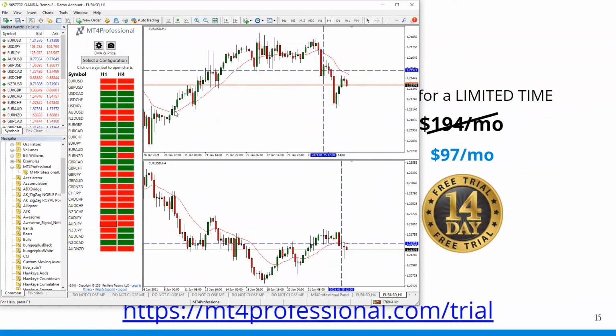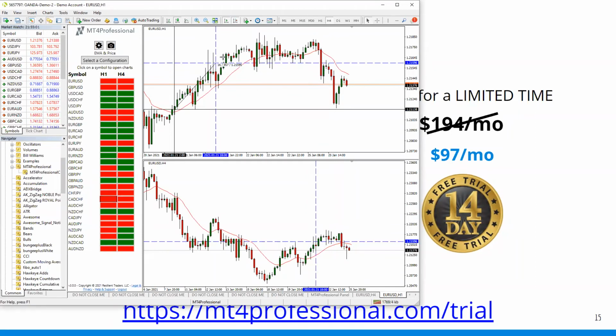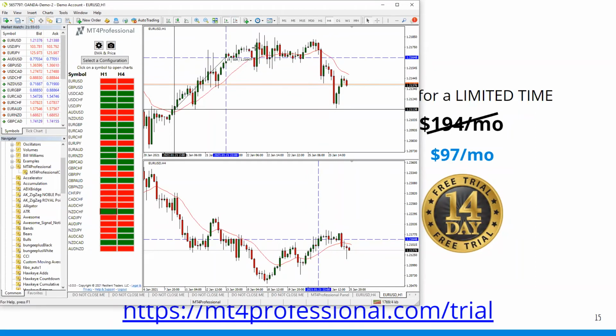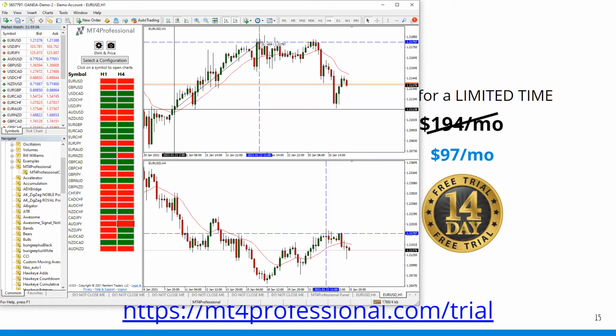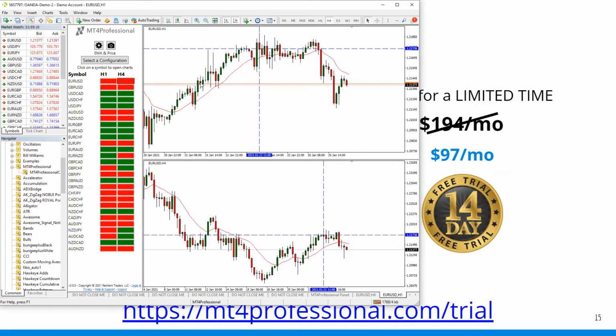If you're looking for the long setup, then when you see the price close above your SMA, your signal line becomes green. You can get notified via SMS or email or on-screen alerts to the signal. So this then becomes your entry bar. You see that on this point here, there's the potential for 50 and even 70 pips of profit on this trade. That's $500 to $700 profit